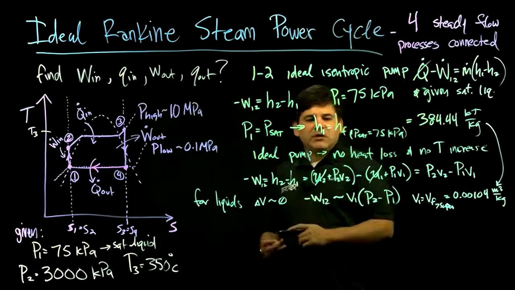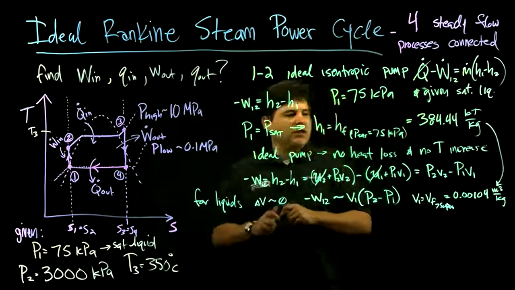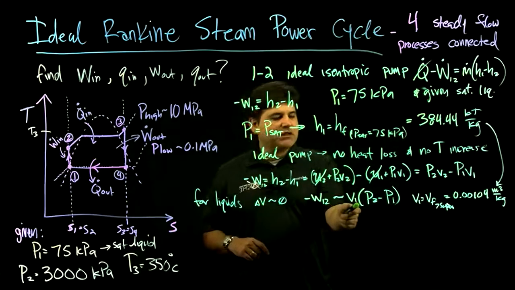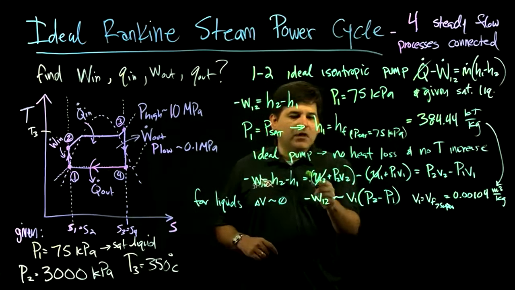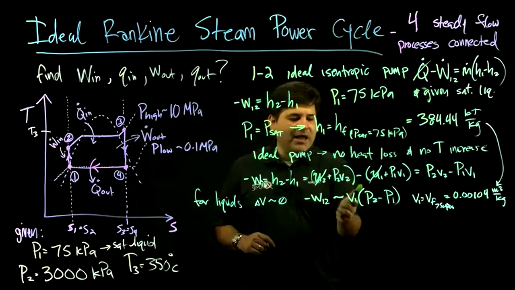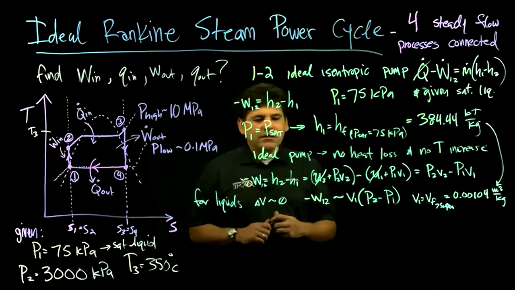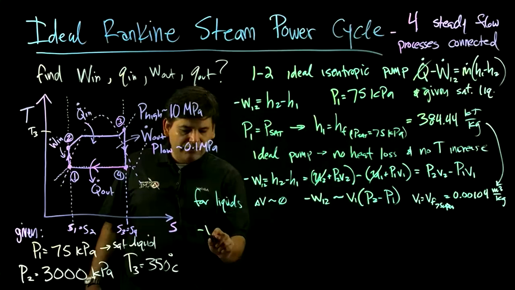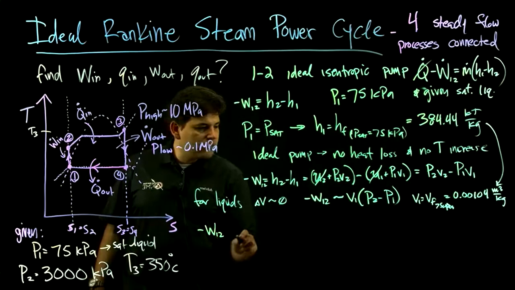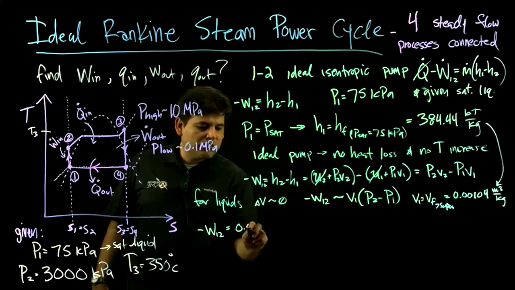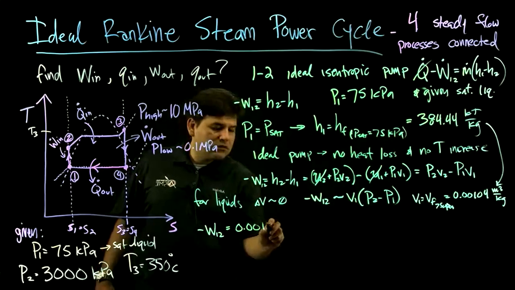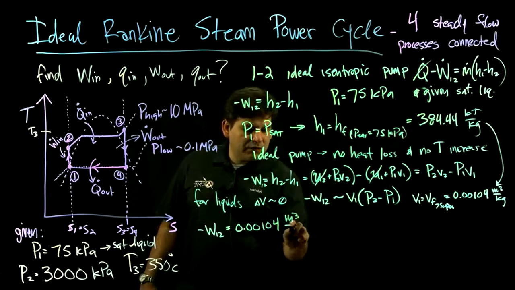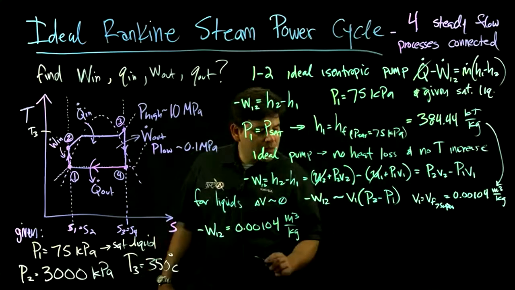We're taking the assumption that it's ideal, so there's no heat loss. That means there's only a PV change, and the V does not change. So that will allow you to get the mechanical work in from the enthalpy change. And if we were to plug those in, we would get negative W from 1 to 2 equals 0.00104 meters cubed per kilogram